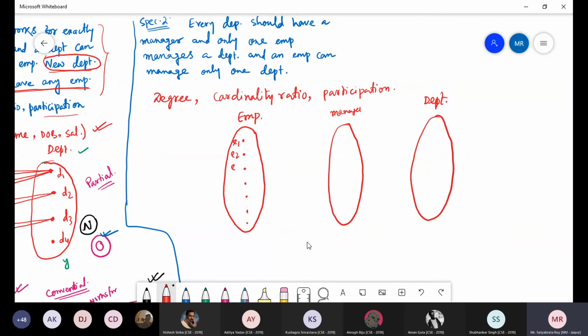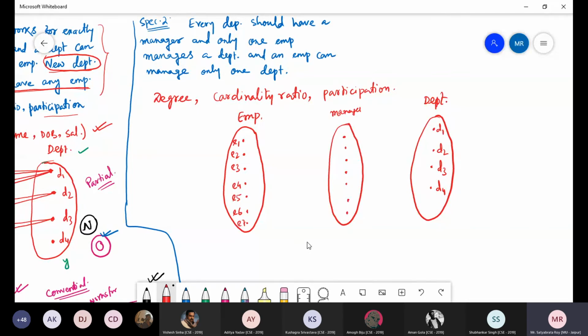Now there are certain instances of the employee entity set. Suppose that there are E1, E2, E3, E4, E5, E6, E7, and departments, suppose that there are D1, D2, D3 and D4. Okay, now there are certain relationship instances also in the manages relation. Now E1 manages one department.